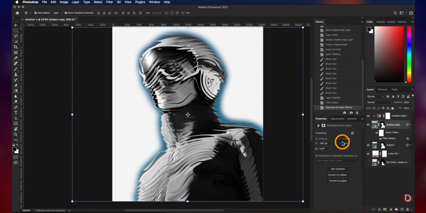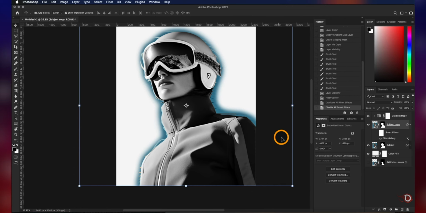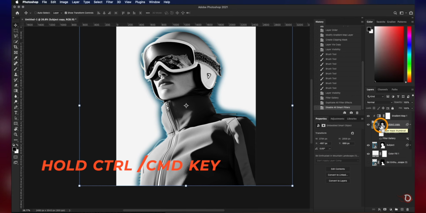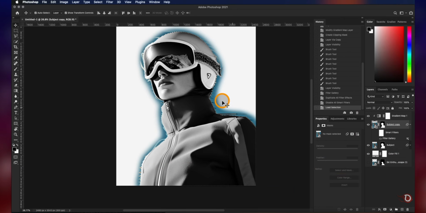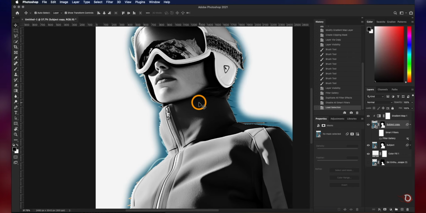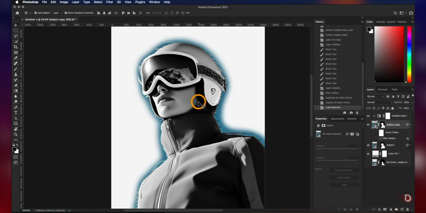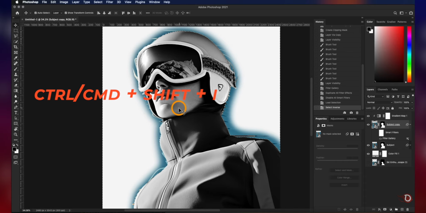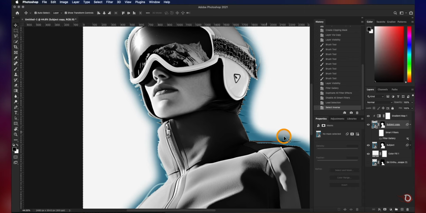To remove them, we will first turn off the smart filter of the subject copy layer for the time being. Make selection of the subject by holding the Ctrl or Command key and clicking on the layer mask of the subject copy layer. But if we do anything now, it will affect only the inside of the selection, and we definitely don't want that. We want just the opposite. So we'll press Ctrl or Command Shift and I to inverse the selection,